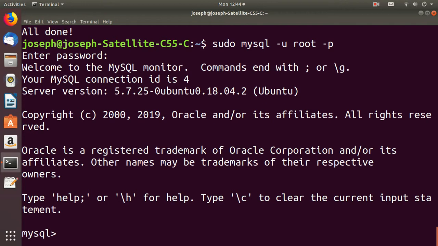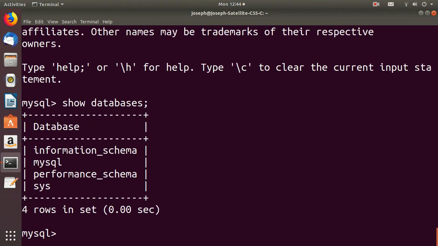So next, we're just going to show databases. And when you execute a command in MySQL, it's a lot like PHP in that you have to use a little semicolon. And there's the database. Alright, and that concludes our